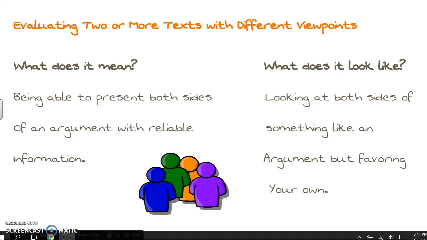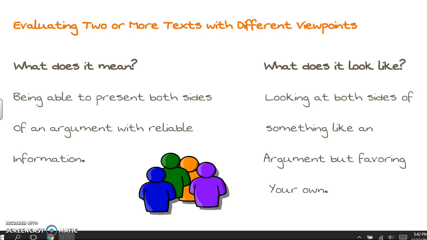This standard touches on a couple of ideas that are located within your 8th grade learning standards. One, it causes us to evaluate the advantages and disadvantages of using different mediums, or print and digital text, video, multimedia. Those are defined as different mediums to present a particular topic or idea. In addition to that